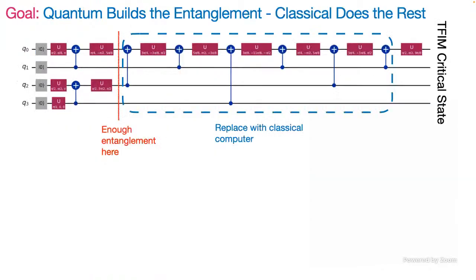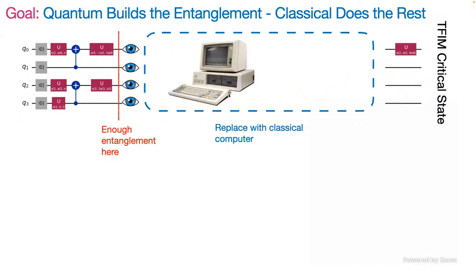Okay, so what we would like to do, morally speaking, is build up enough entanglement, and that's what quantum computers are good at, right? The quantum thing. And then we would like to replace the rest of the stuff with a classical computer. That doesn't make a lot of sense. Okay, there's my classical computer, and classical computers neither eat nor give back quantum states. Stick it in the floppy drive or something, that doesn't help you. So what do I even mean when I say I'd like to replace some of the effort with a classical computer?